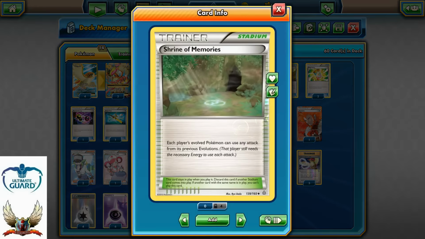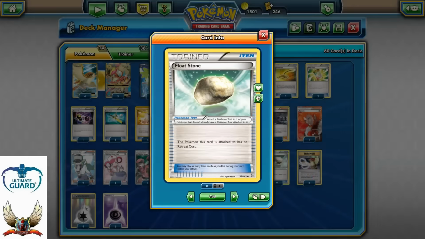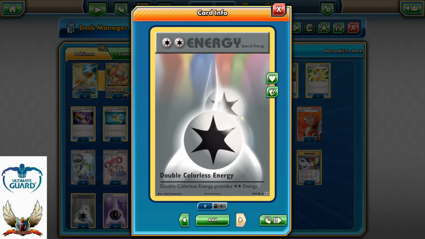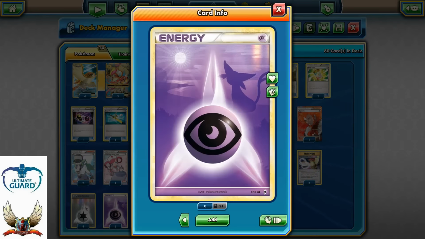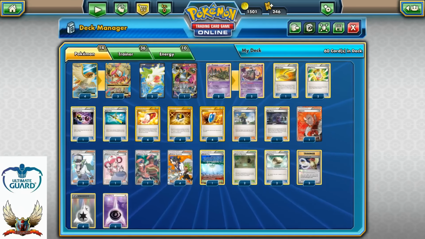Rayquaza, 2 Shrine of Memories, I already mentioned why. 2 Float Stones for the free retreat, of course, on any of my Pokemon that I have, except for the Mega Pidgeot, of course. 3 Spirit Links, 10 energies in total for DCEs, and 6 Psychic Energies, which will be 60 cards in total. As usual, if you don't like the idea of running that Hex Maniac, you can always